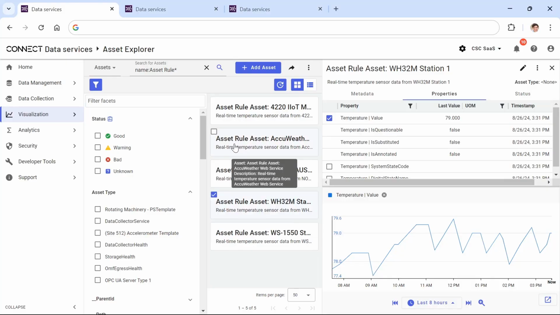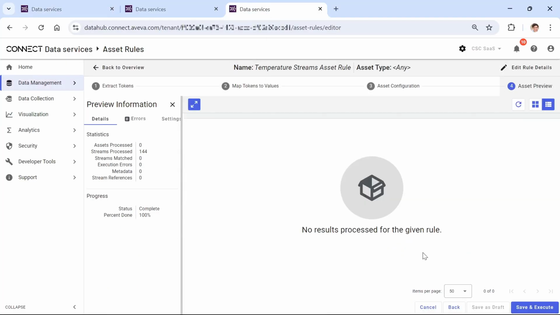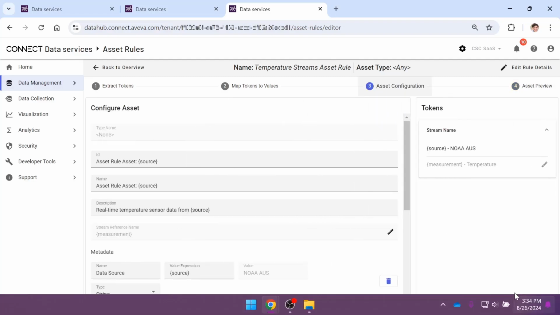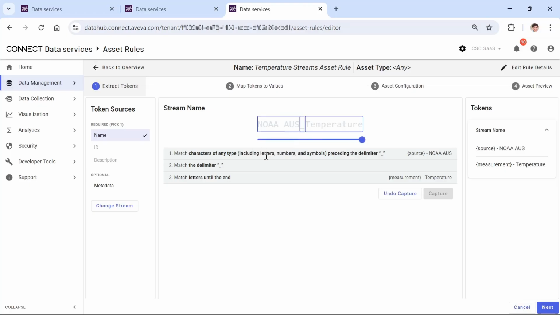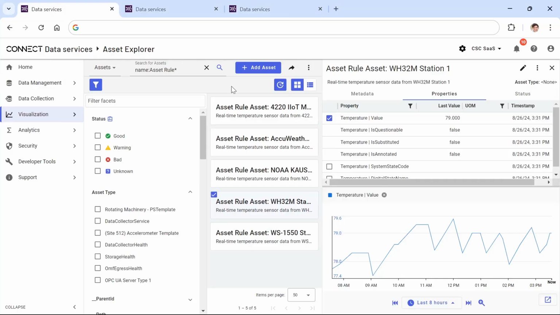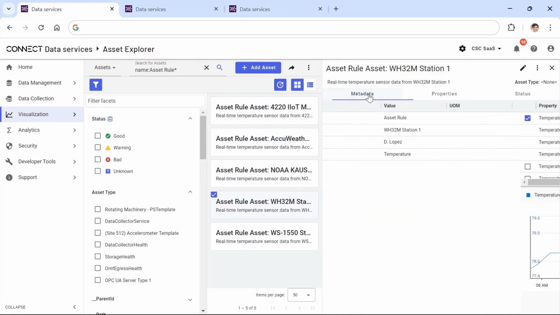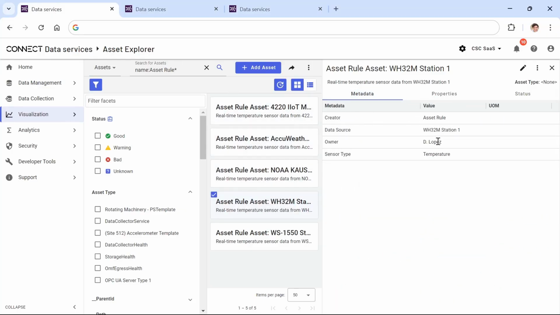So at the end of the day, the way to think about asset rules is these allow you to leverage the fact that some of your streams have useful naming conventions within them. And what you're able to do is take those naming conventions and use multiple asset rules to extract the different information from those naming conventions and map those to become the names and metadata and properties of assets that you create